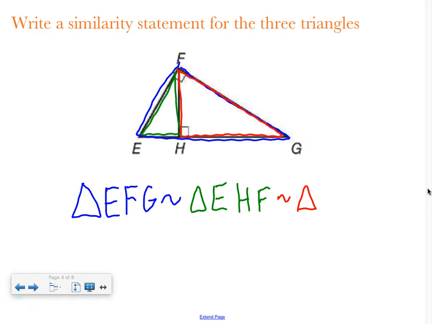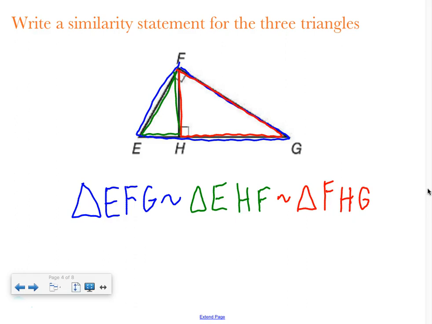F? Yep. Okay, then I went to the right angle. So what's my right angle on the red one? H. And then G. So I know that's confusing, but we're going to use those 3 triangles today. And it's hard to separate them, so if it makes it easier in your brain, you can redraw all 3 of those out if that makes it easier to do the